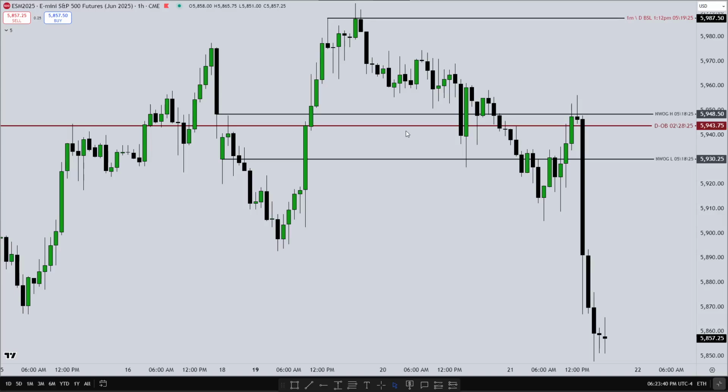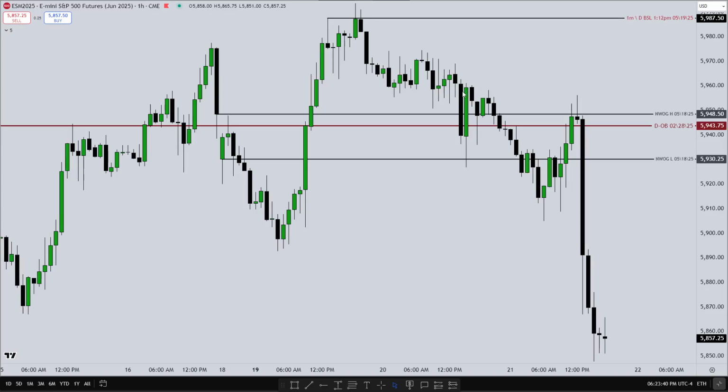So just for my own journal, if I were to log that imbalance, that would be the highlight, that it did respect the halfway point of it. Anyways, we also do have this order block here. You can see that it's very clean. It's the largest up close candle from this price down here to this new week opening gap low. If you just take that entire thing and you start measuring each up close candle, this one is probably the elephant